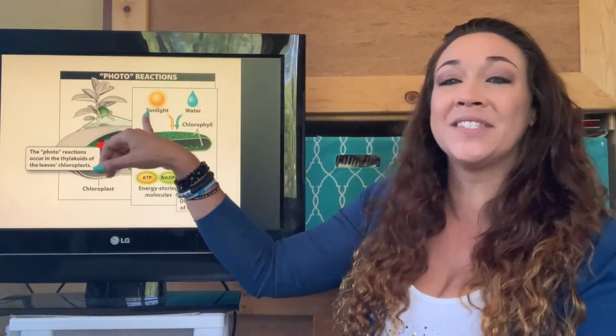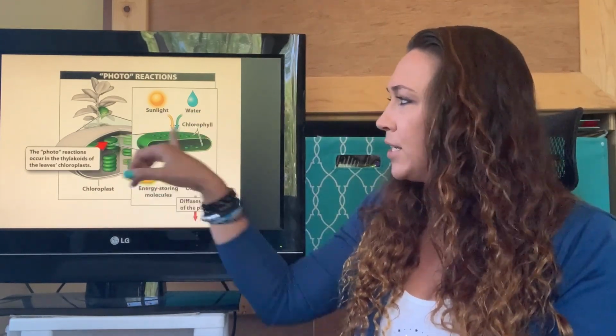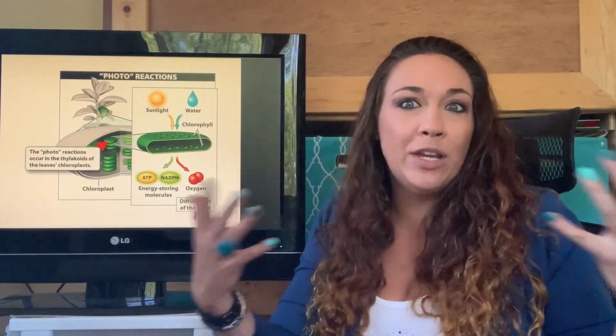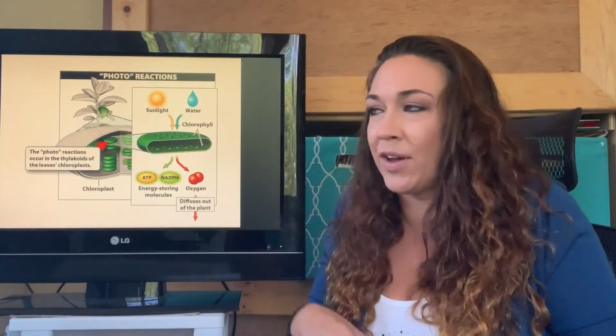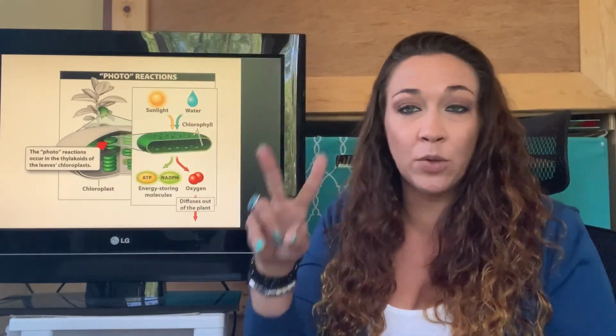So, with the help of sunlight and water, we are going to bring in, inside. Okay, so we have our water, which is already inside of our cell. We need water, right? We absorb it from our roots. We keep it inside of us. We get the sunlight by just putting our leaves outside, and now we actually have the sunlight. So that's where the sunlight and the water come in.